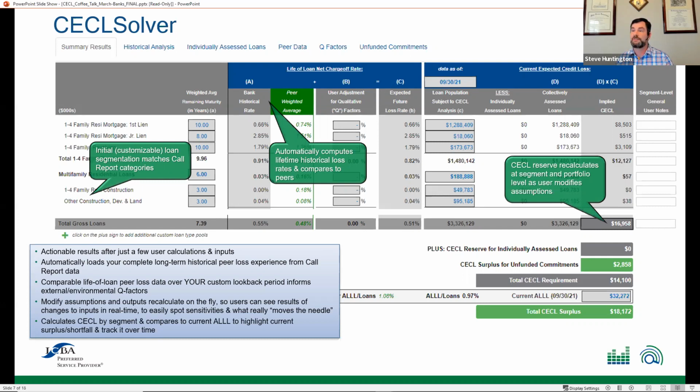Since it's all in an interactive environment, once you've built the scenario the way you want it, you can save scenarios right on the tool in the cloud. You can access them anytime you want to. You can save as many scenarios as you want to. In fact, that's a best practice. Every time you come in to update the tool, you should save a new scenario. And then really our tool becomes a repository of all of your saved CECL scenarios over time